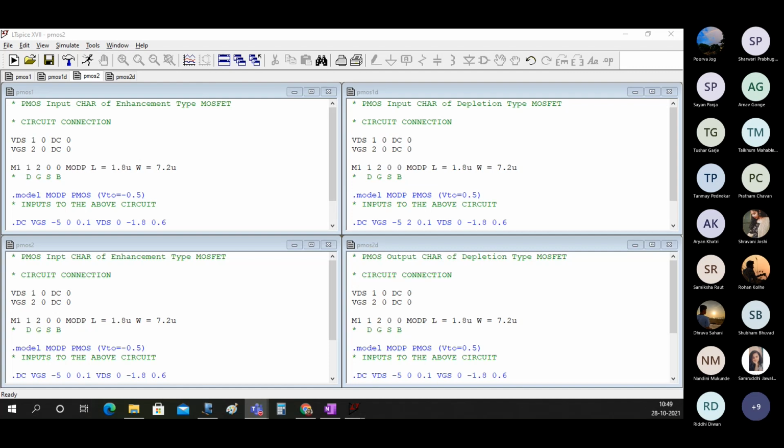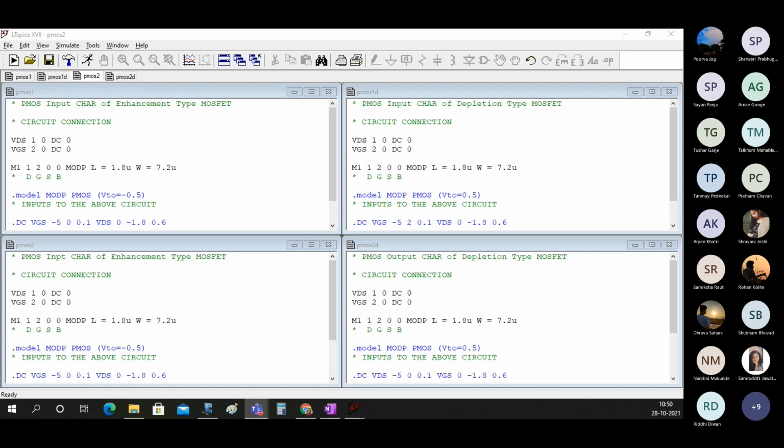Soham, can you confirm whether you have got it at your end? Yes, sir. And I'm also putting the NMOS circuit files just for your reference. So when I put up the lab manual, it will be easier for you to take down the results.